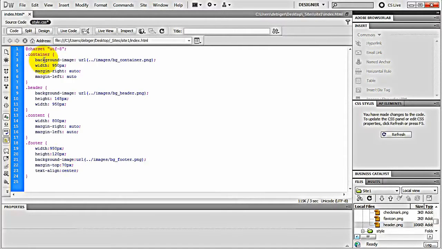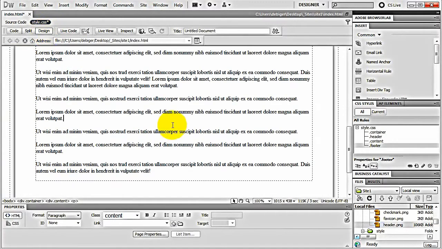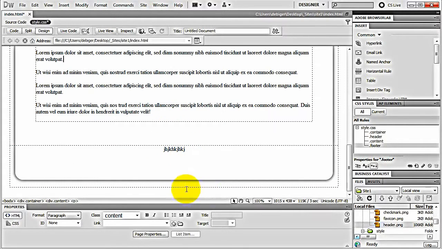I go back to design view, scroll down, and here's my footer div tag. I just paste my text in, there you go,